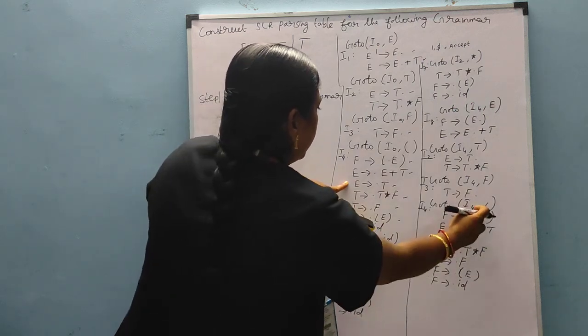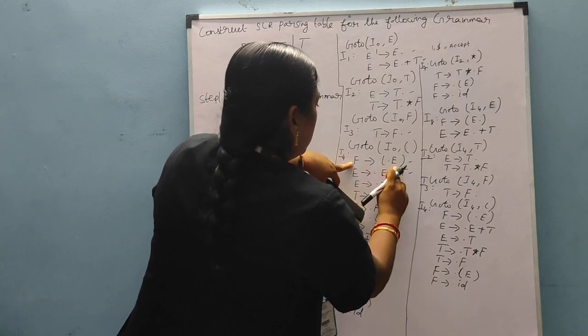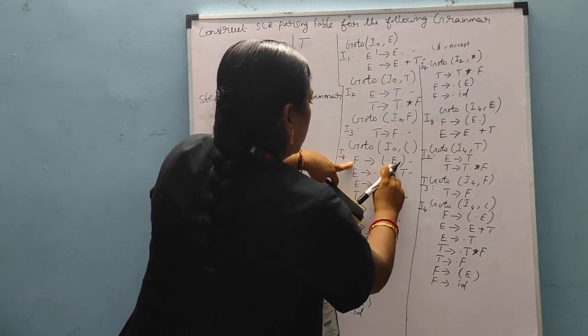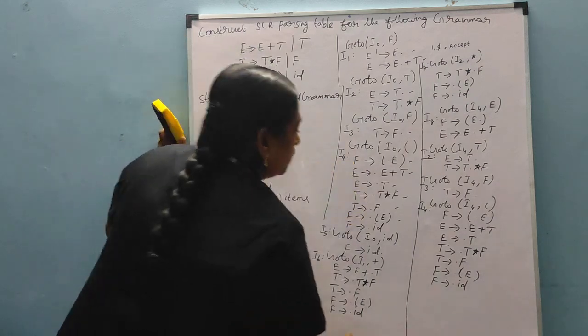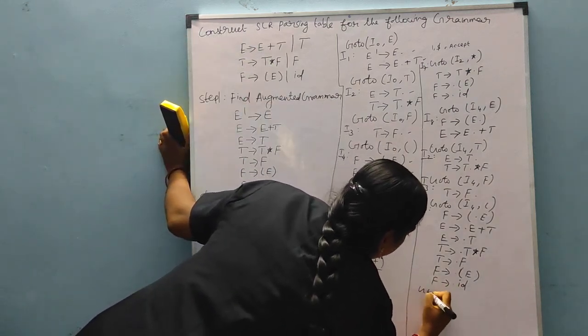I4 comma open bracket. Yes. This state, open bracket after movement E is there. So I am writing E production. Yes, completed. The next one, go to